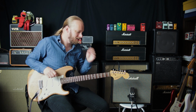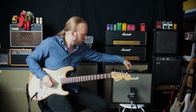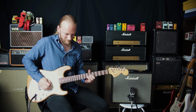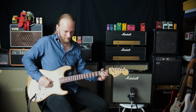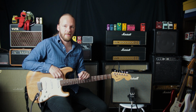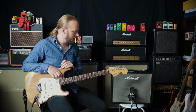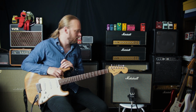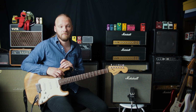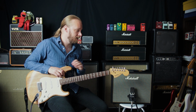And this is with treble all the way down. I mean, just listen to this. Yeah, for me. Definitely no. We're better off getting one of those Harley Benton things. Well, I buy the gear that I review so you get an honest review and, yeah, honest opinion. This is, considering it's a valve amp, just terrible. Horrible sounding speaker. Get something else. Save money, get something better. Or save money and get something cheaper, like the Harley Benton. This is just so, yeah, I don't know what to say. It's just so,